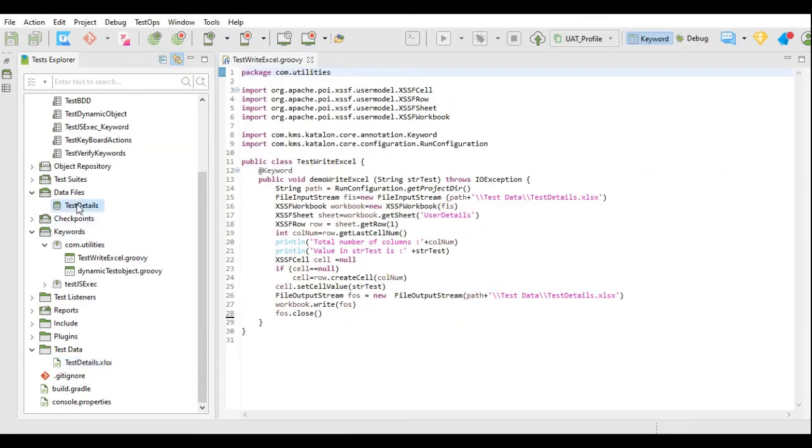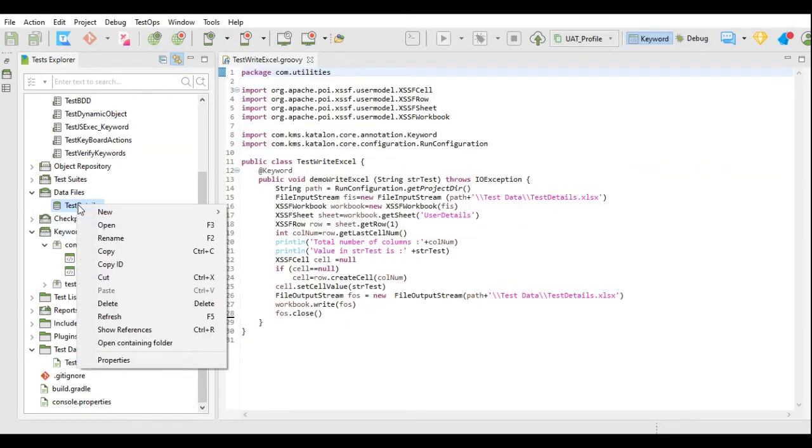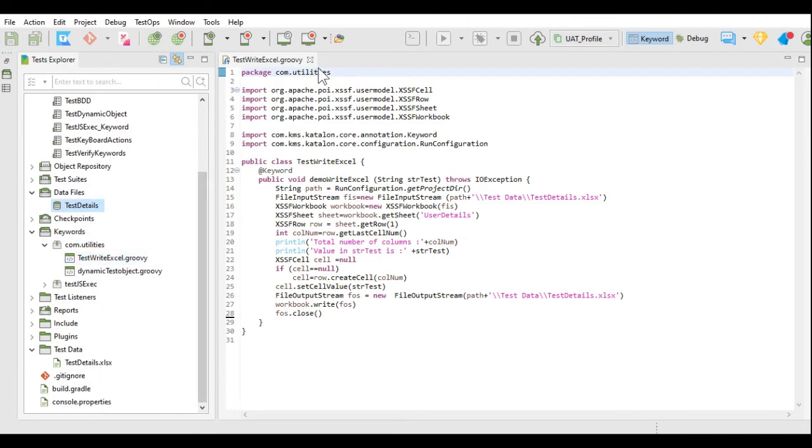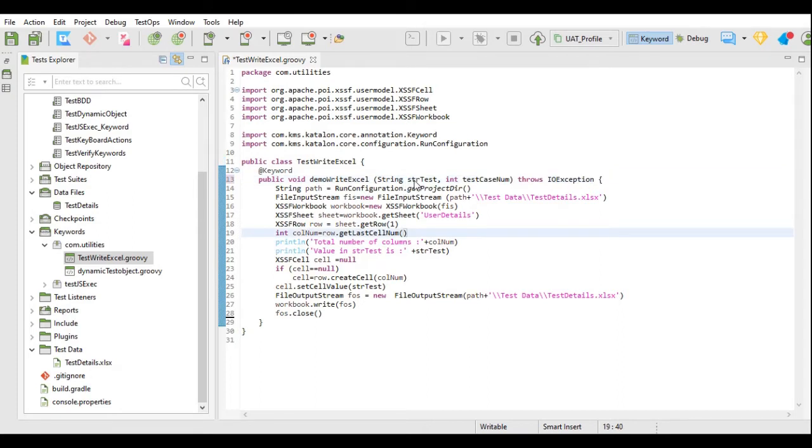We will update or refresh the data files, and in this test write Excel keyword we are going to make some changes, like we are going to pass one more parameter, that is int test case num. So we are going to pass the string str test and the integer test case num.